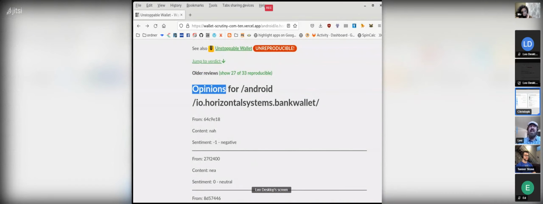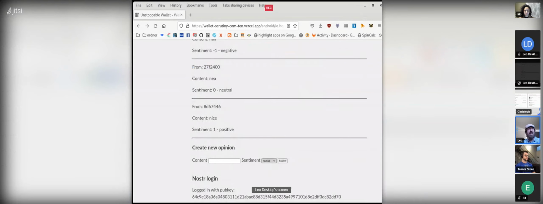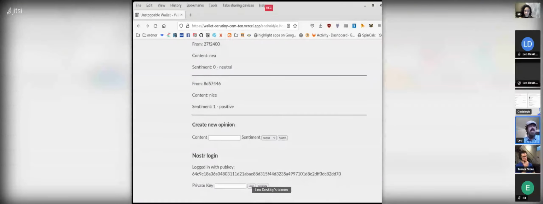But if you ask how do you evaluate the security, then this is not styled at all. Yeah, that it says opinions, that it states the identifier in full. This is all horrible, of course. Yeah, I totally agree that this should be changed. And here the sentiment might not be called sentiment and all the things. Yeah, so don't take this as a final product. It is very much work in progress and it needs more styling. And I hope to quickly get to a state where it can be published.